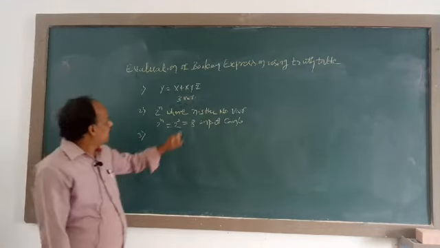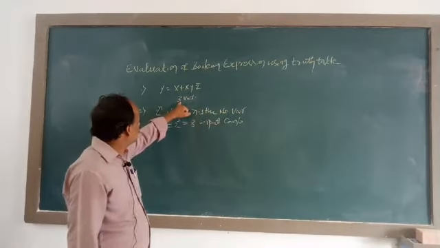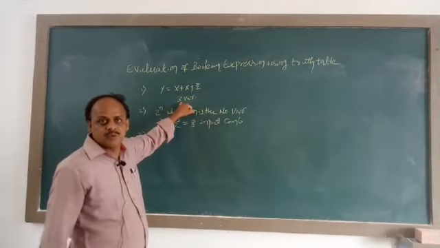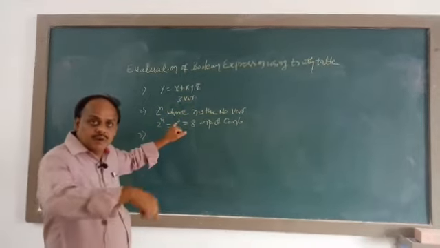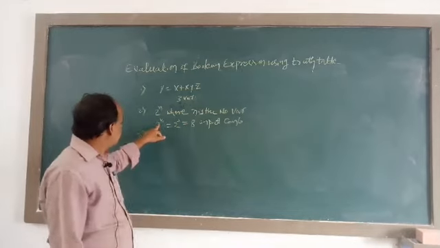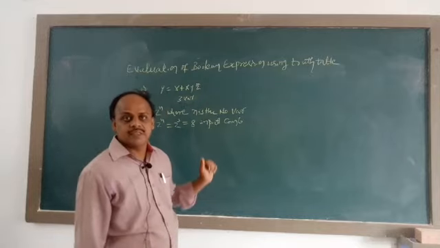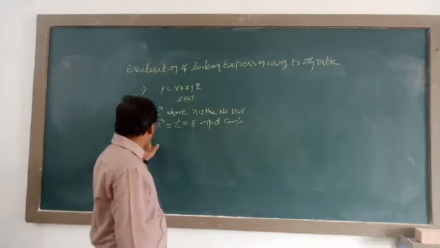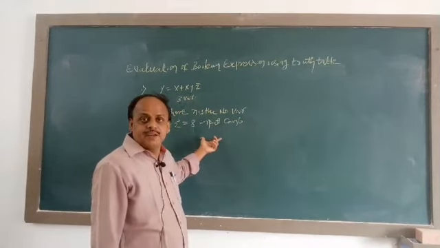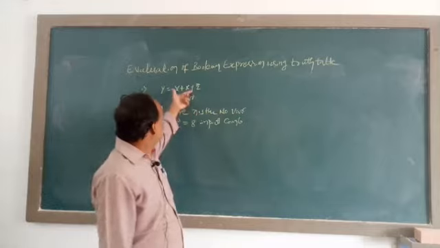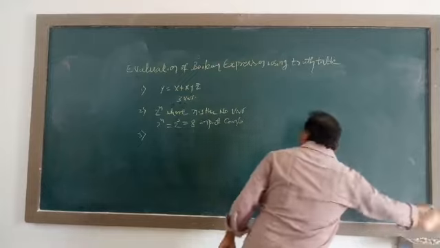Means to evaluate a given Boolean expression, first we have to find the number of variables in the given Boolean expression, and second, we have to find the number of input combinations using the formula 2 power n, where n is the number of variables in the given expression. And the third point is, we have to prepare a truth table for the given Boolean expression. For example,